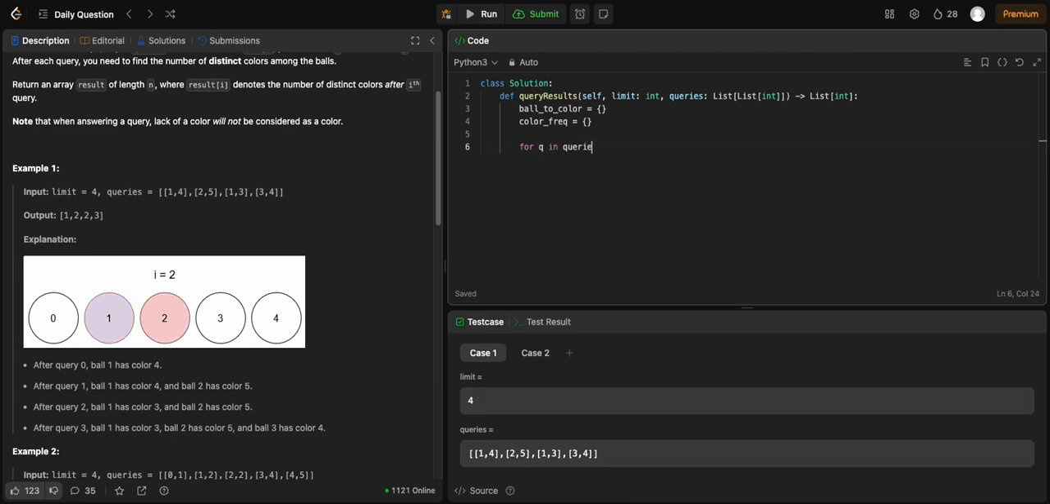query in queries, well, what does query have? Well, we are guaranteed that they are of length 2, so we can really just do ball index, and we have the color afterwards. So color. So after we do that, we can just do